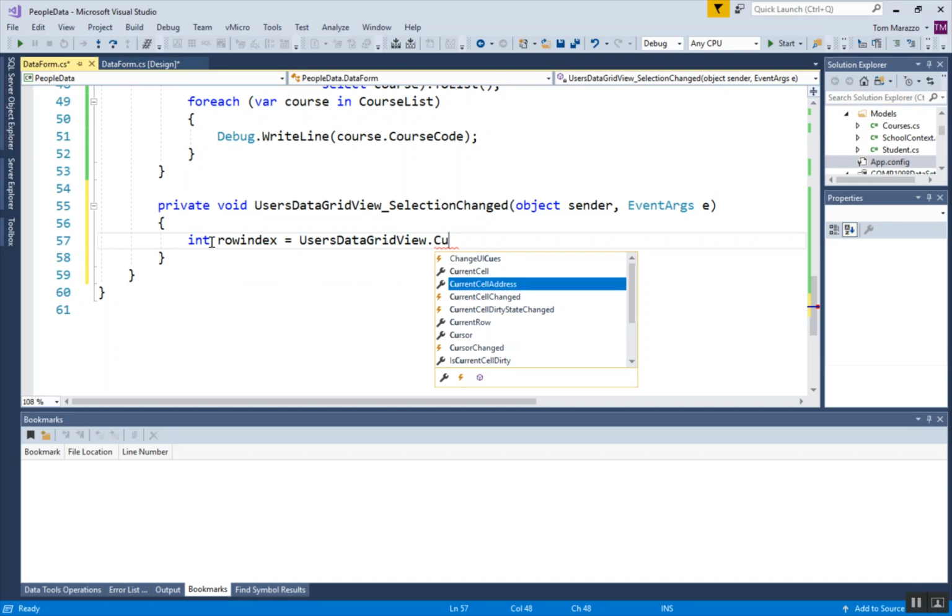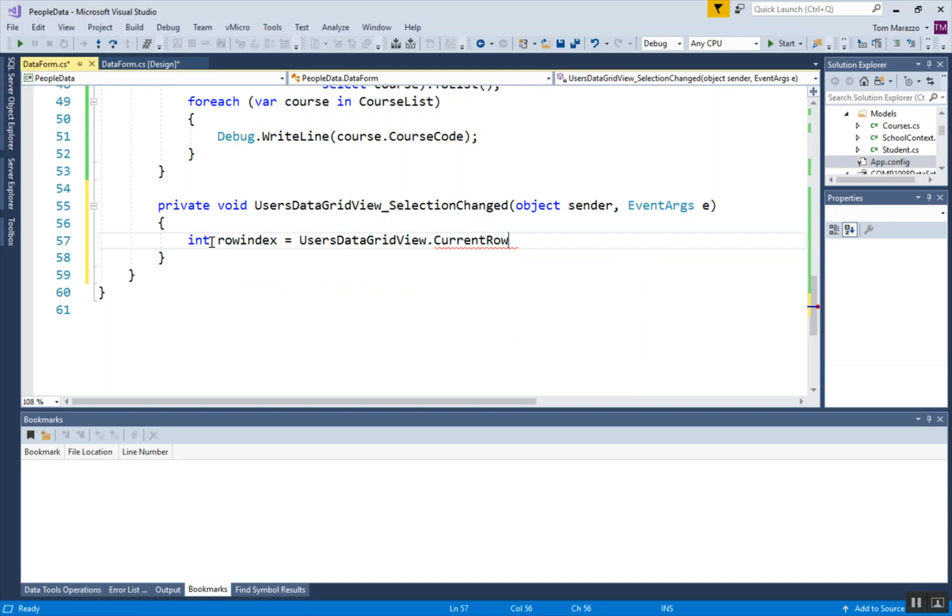I want current row. Dot index. Okay. Semicolon, and I need another variable. Int current ID